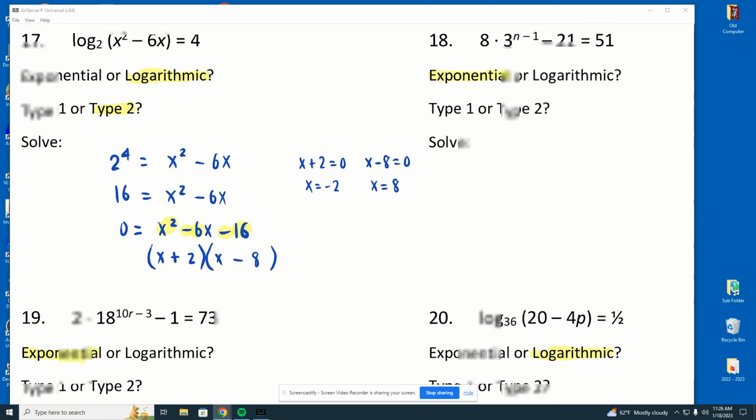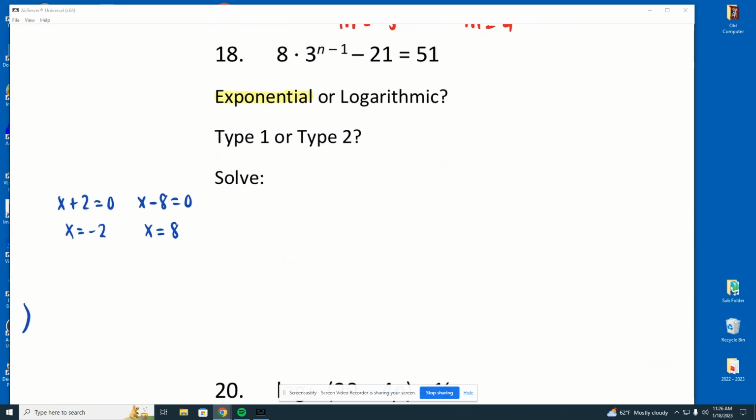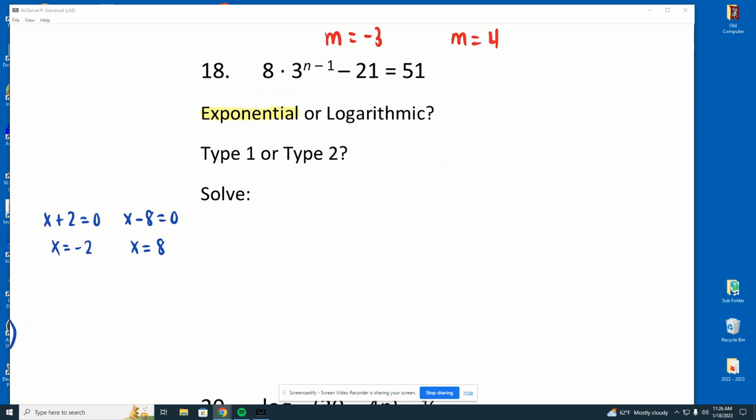All right? Number 18. Again, this one's definitely exponential. But like we talked about when we were solving these exponential equations, because there's so much around that exponential expression, 3 to the n minus 1, we can't really start thinking about solving this thing properly until we get that